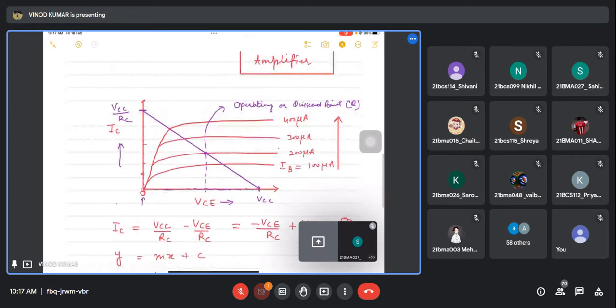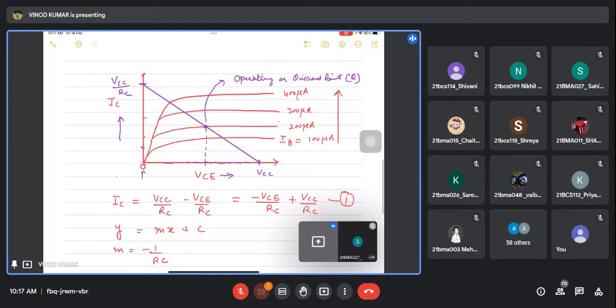Or this is called the DC load line. Okay, this is the range in which